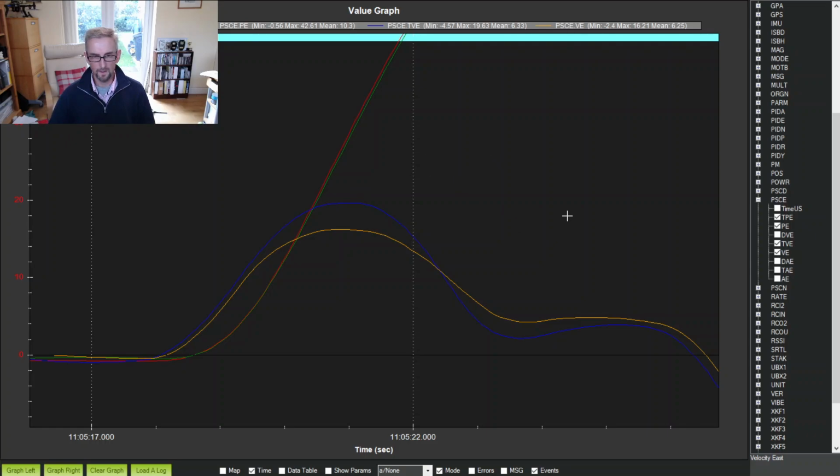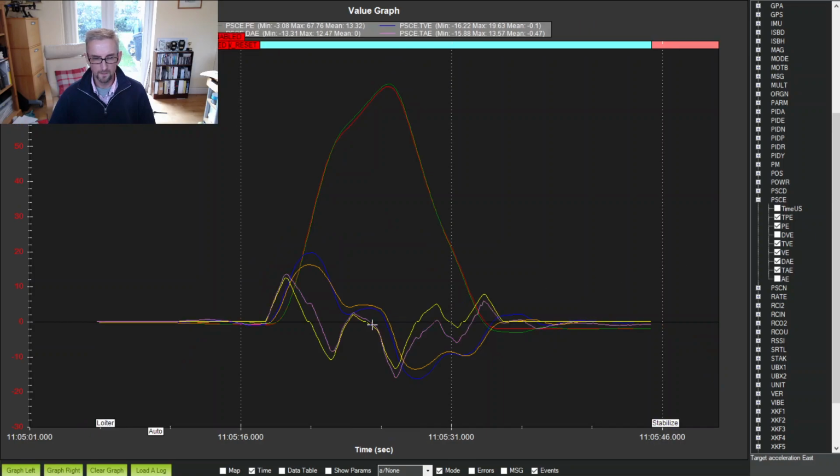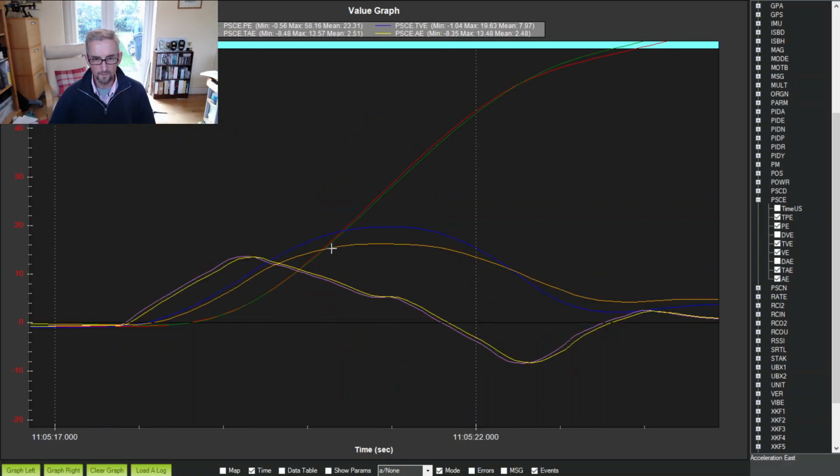So to understand why, you have to look a little bit deeper, and so we can pull up the target acceleration and, oops, the actual acceleration. So here we've got target acceleration, actual acceleration. If we just look at this up to the first waypoint again, this is kind of the first waypoint here. And you can see that the acceleration increases quite rapidly and then decreases as the velocity